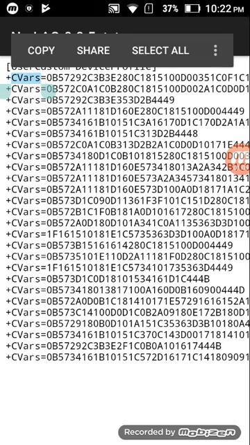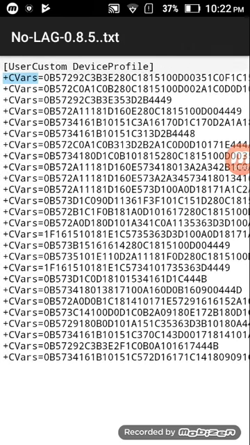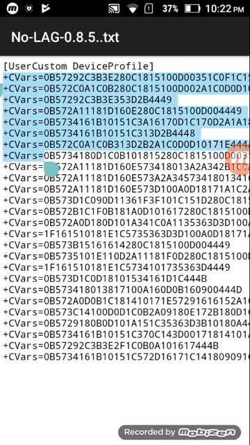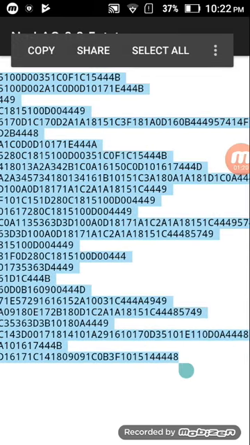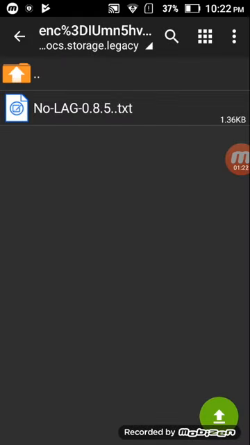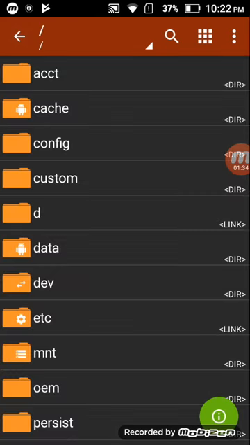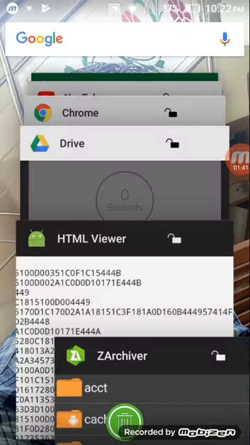After that, you have to select the whole thing, copy it, then go back, cut it,